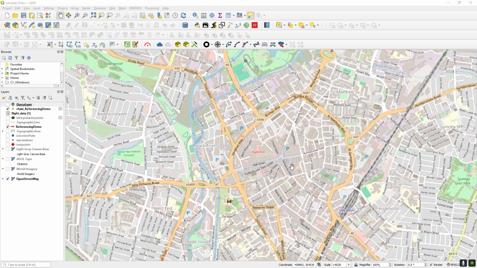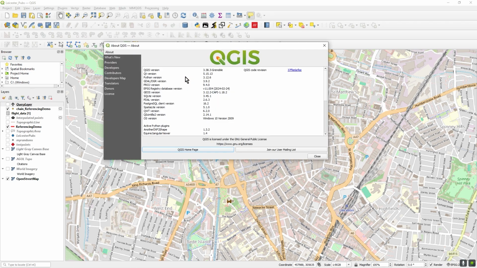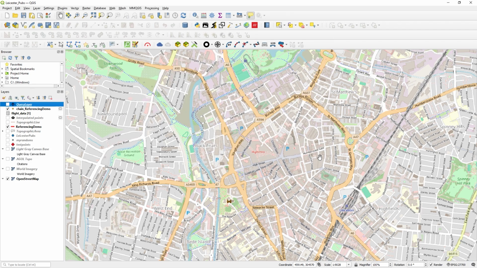So what I've got here is QGIS. What actually is this? I can't remember. Oh yeah, Grenoble, 3.38.3, but this definitely works on much older versions. I've been working like this with ArcGIS Online for quite a long time, so I just thought I'd make a video to clarify how I connect to ArcGIS Online, particularly when there's security credentials involved. Firstly, I'll just show you the straightforward, simple way, but that's only because